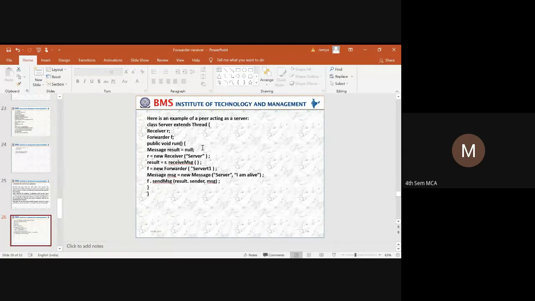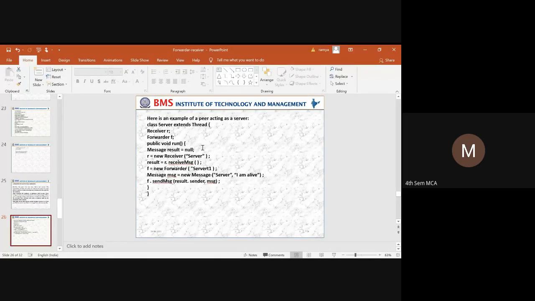So we need to create an object for a receiver and a forwarder. So we are creating a run method. Through the receiver object, we are calling the receiver. Whatever messages have been received will be stored as a result.